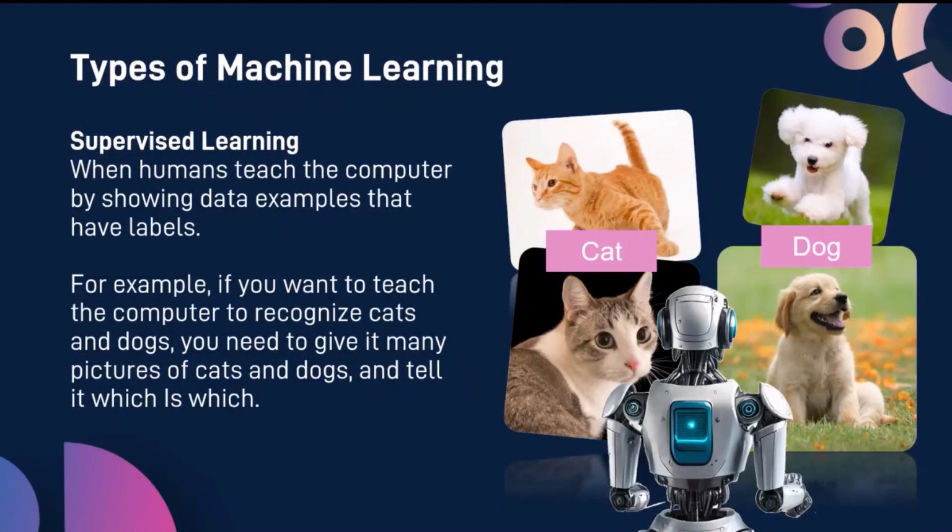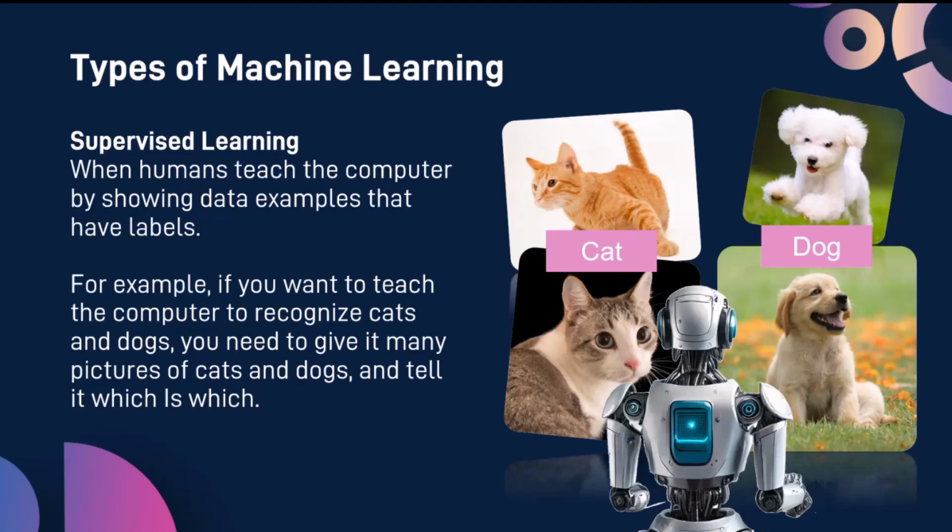So going back to machine learning now, just to go through the details of these different ways that machine learning works, you have supervised learning, where you are showing the AI actual examples of the data. For example, if you want the machine to recognize between a dog and a cat, you show it a lot of images of different cats, a lot of images of different dogs, and each time you show the AI a cat, you label that as a cat.